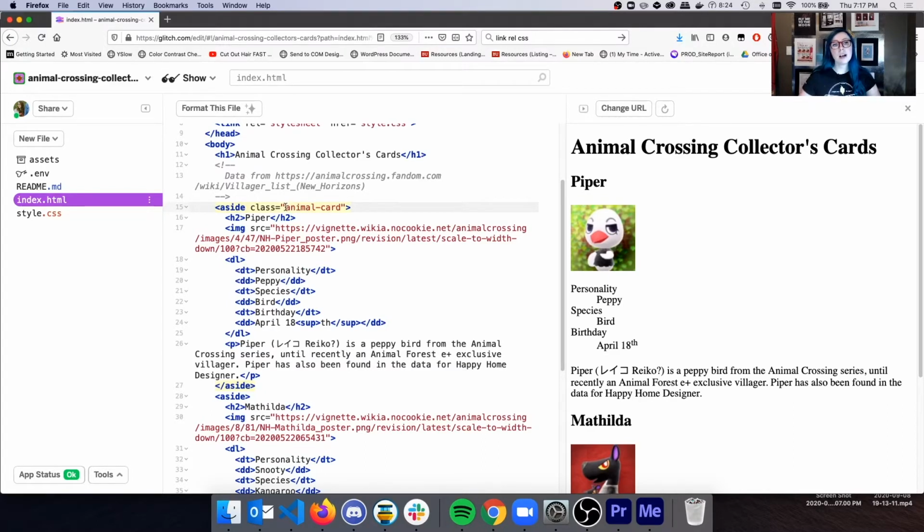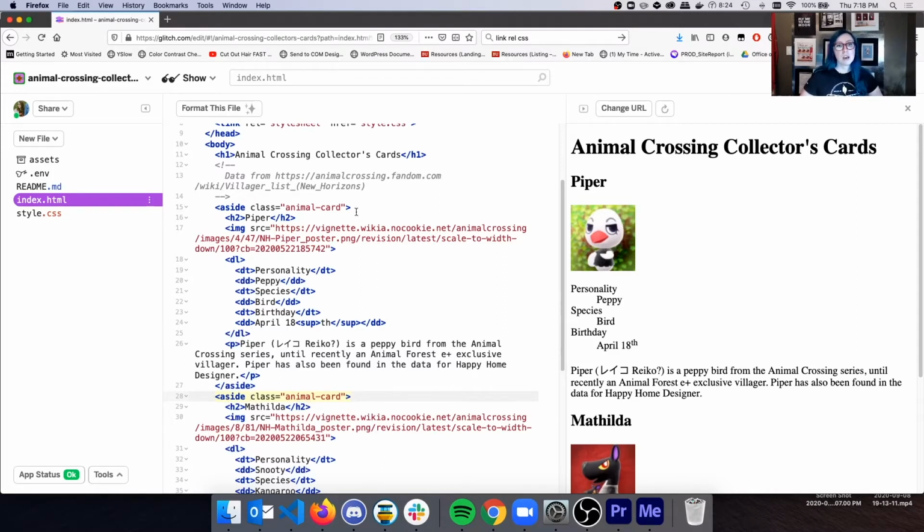One convention I like to follow is lowercase and hyphenation in my CSS classes. You can also use underscores, but they're harder to type. So a lot of developers prefer to use hyphenation instead. It's also good practice to have everything lowercase and not uppercase things for no particular good reason. And remember that with classes, you can use them multiple times throughout your HTML. So everywhere where you want the same sort of styles, you'll repeat that class. For example, I'm going to repeat this animal card class on Matilda so that she gets the same styles as Piper does.